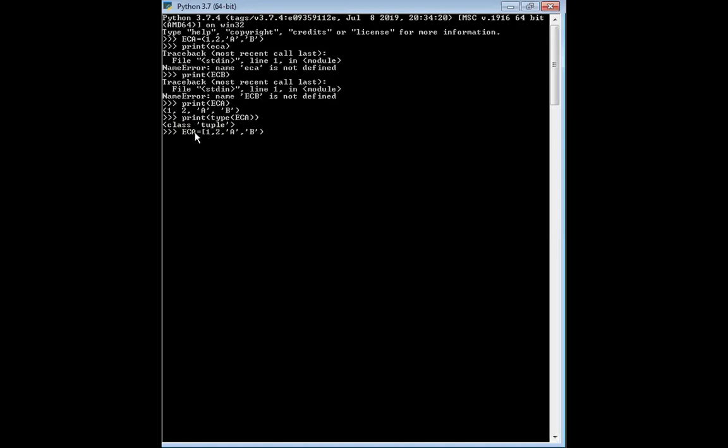You can notice the changes I am making in the program. I print type ECA now. Before, when I specified type ECA, you got the output as class tuple.